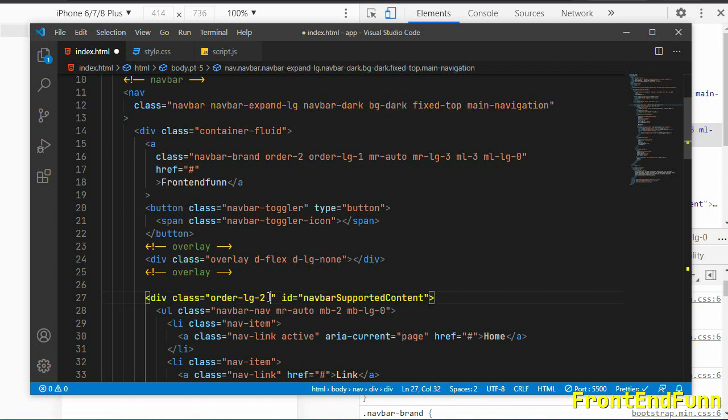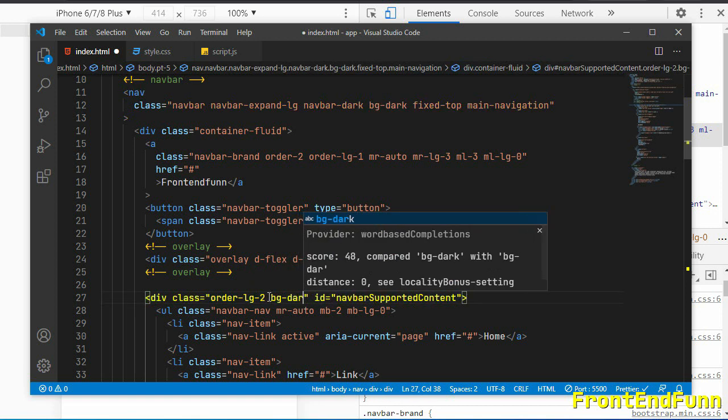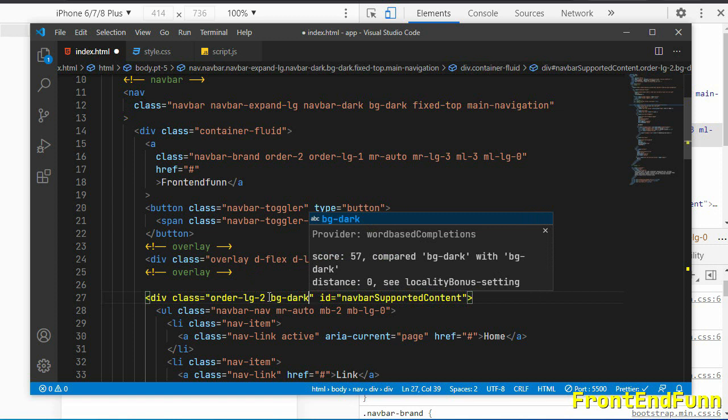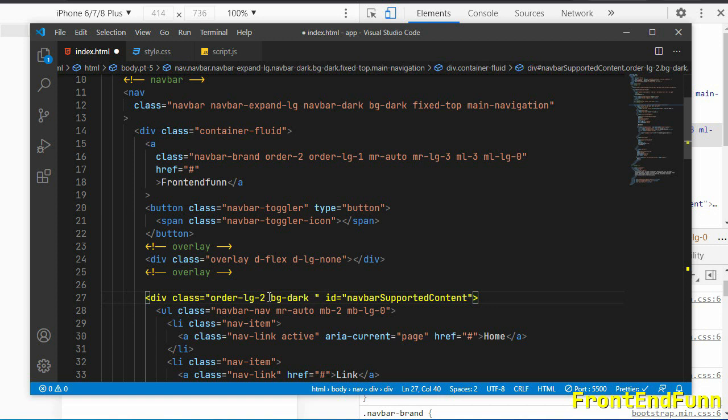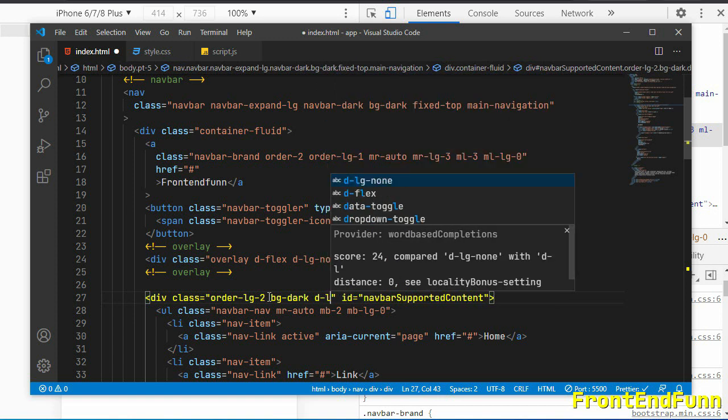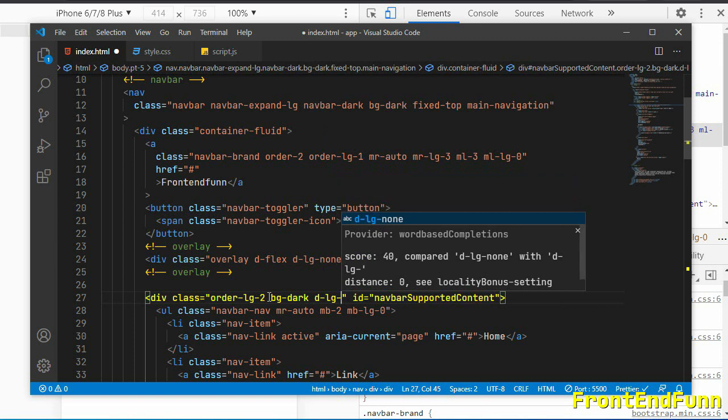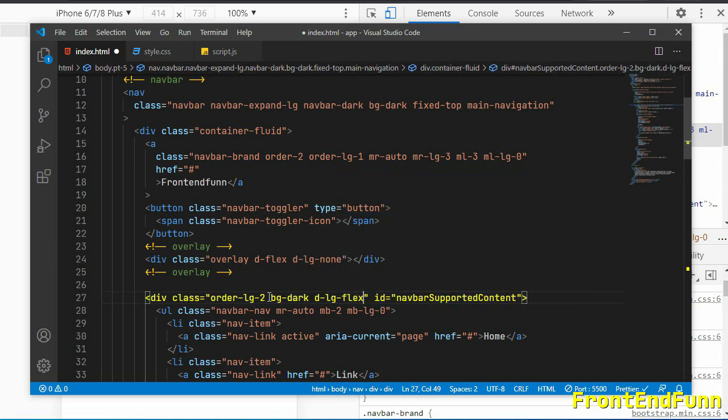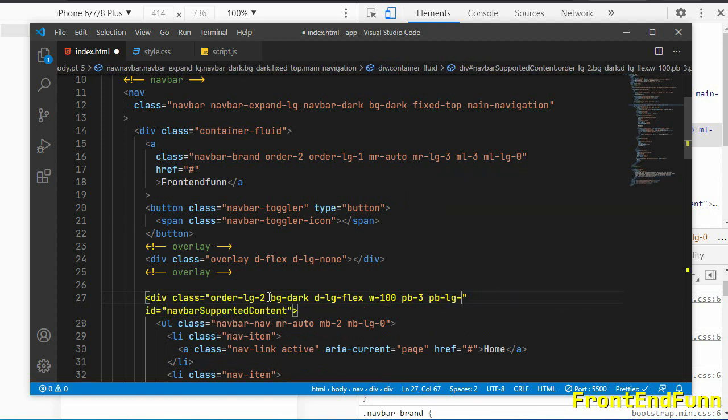So I'll just add the same background, that is bg-dark, so that the sidebar also gets the same color when we are on mobile devices. Next we'll make it display as flex on large screens, so d-lg-flex, and we'll make the width 100%. So padding bottom 3 on all devices, and we'll get rid of the padding bottom on the large screen devices.